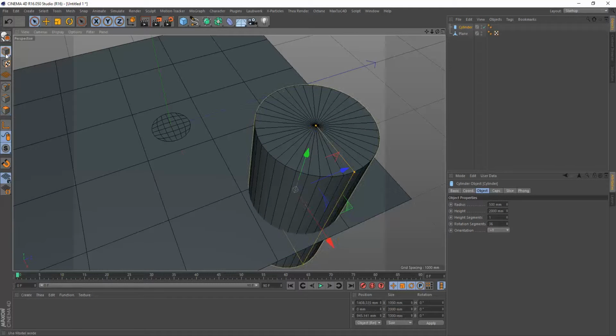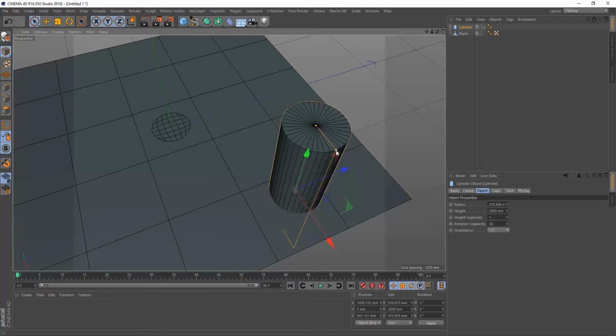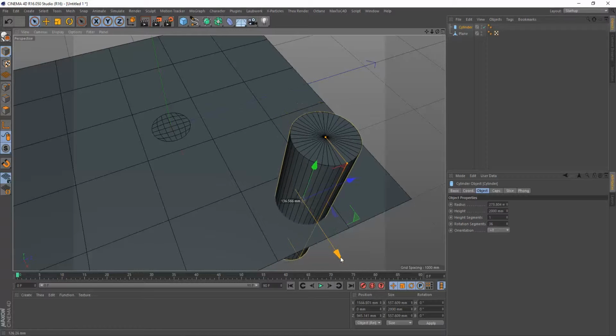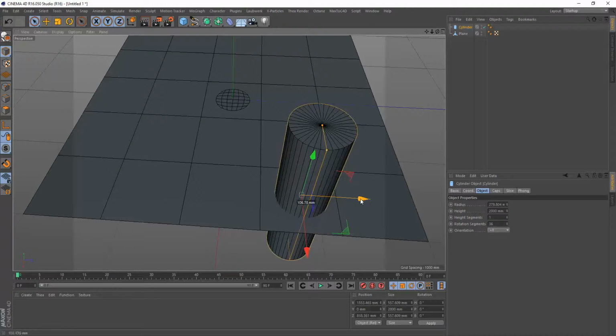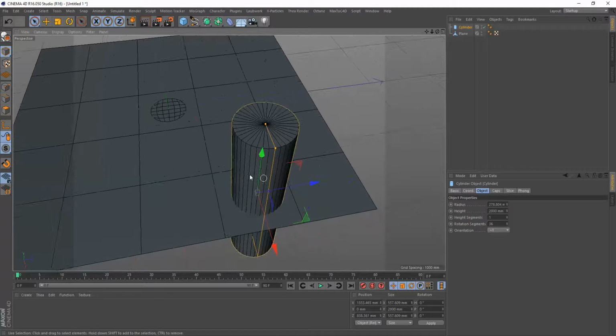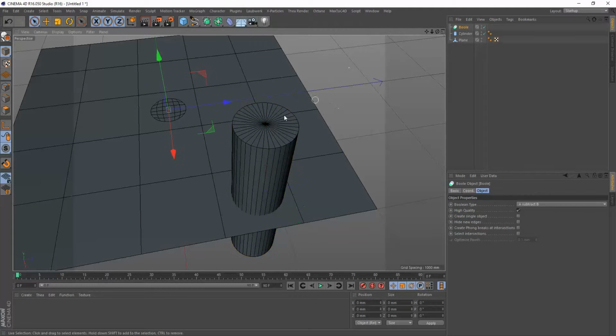Scale that a little. Okay. And Boolean operation, and I will show you why this is a better method.